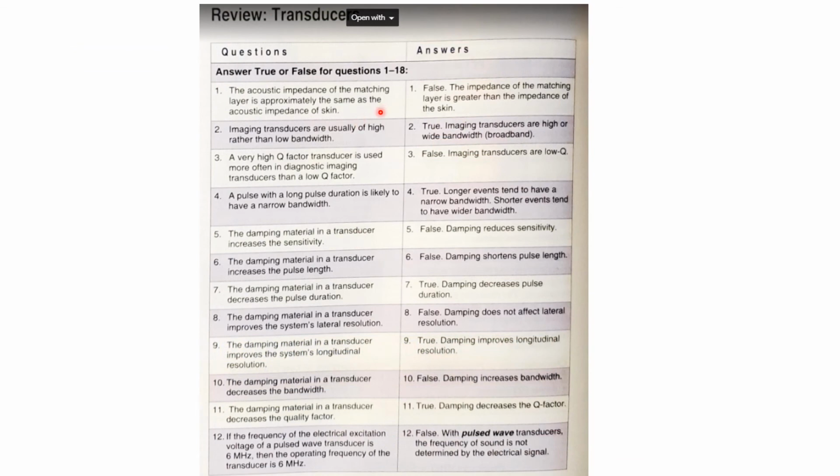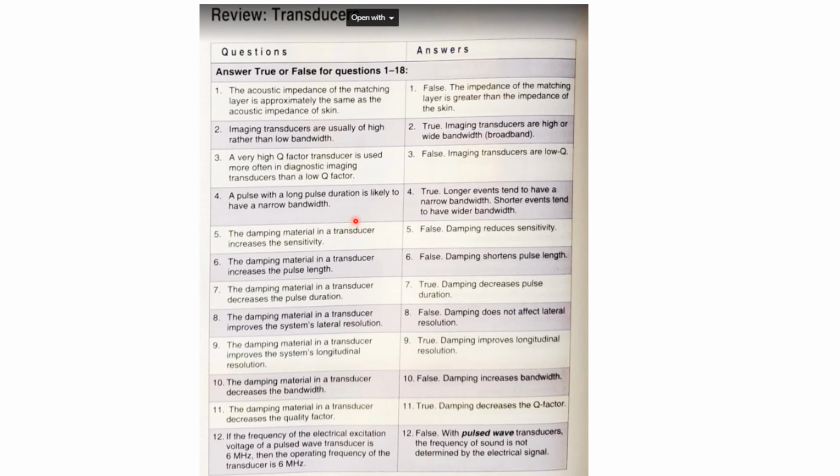Again, some summary questions that we'll go through. The acoustic impedance of the matching layer is approximately the same as the acoustic impedance of the skin. That's false. Imaging transducers are usually of high rather than low bandwidth. That's true. A very high Q factor transducer is used more often in diagnostic imaging than a low Q factor. That's false. Imaging transducers are low Q